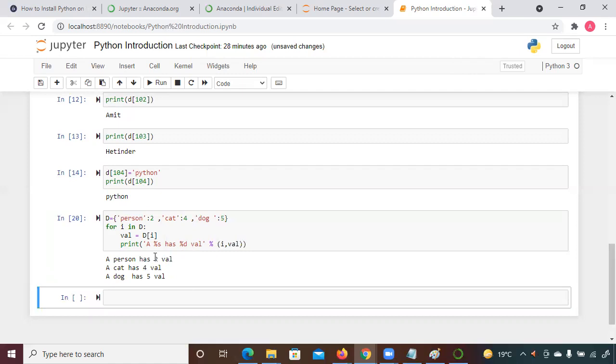Yeah, so now you can see here, now it's coming correctly. I had not replaced the j with val, so now I replace the j with val, and now it is coming correctly. You can see the format: %s for string, has %d is the value of every key, the respective value here.